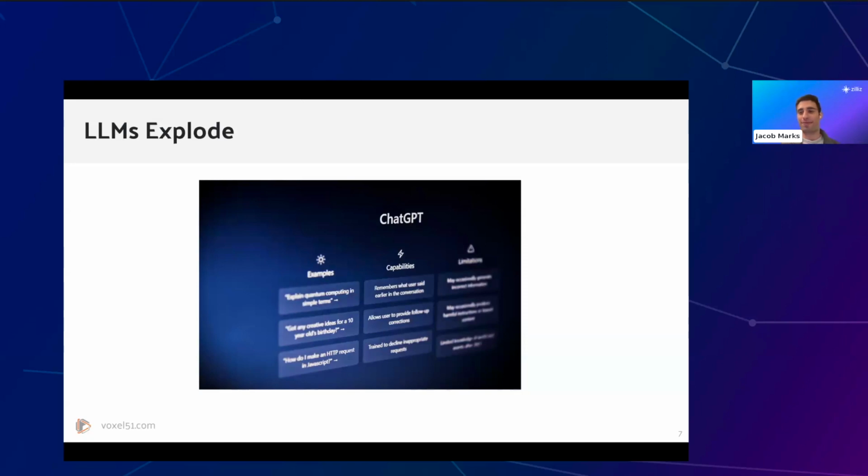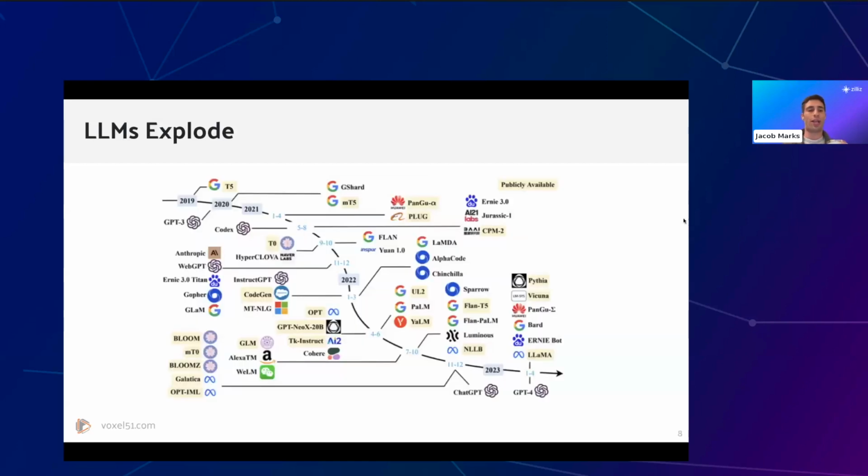Large language models have taken the world by storm. 2023 was the year of chatbots and large language models, and ChatGPT probably exemplifies that more than anything else. But ChatGPT is not the only large language model out there, and it wasn't even the first. There is a long line now, stretching back at least 5 years, depending on how you slice it, of all of these large language models from Google, Anthropic, Adept, all of these different large language model providers.